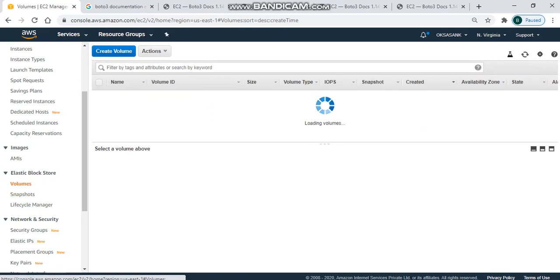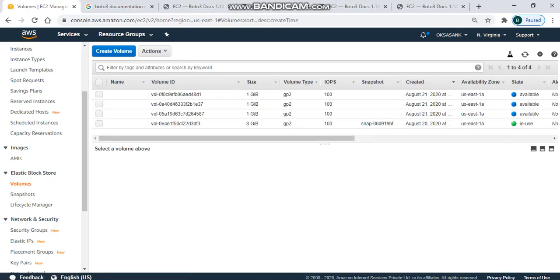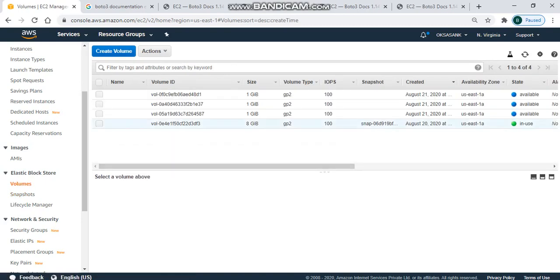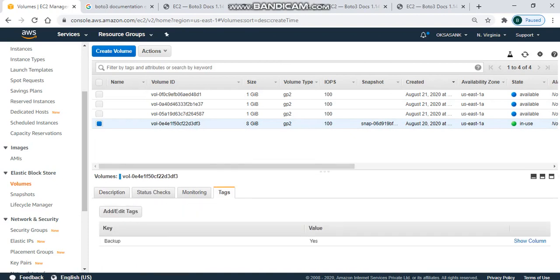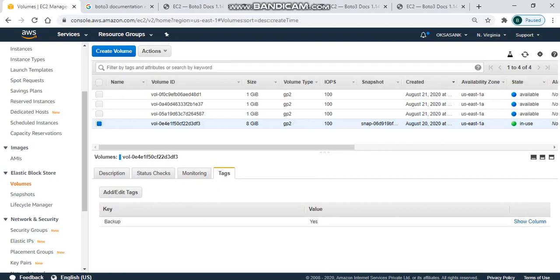This code will create a snapshot for each and every volume, but I don't want to create for each and every volume, right? I want to create the snapshot for only the production environment. For that, I am creating a tag called backup as a key and the value is yes. For those only I want to create the snapshot. So this is the key as test environment, value is yes. But I don't want to create the snapshot for this one. I want to create the snapshots for the volumes which are under the production environment only.